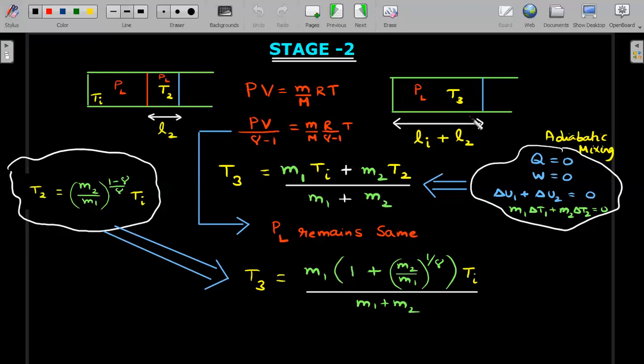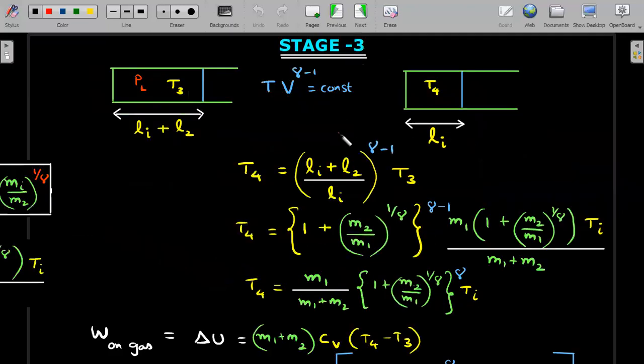Let's move to stage 3, where you start pushing this piston all over again to reach this red colored level, right? You have to hit the partition at that position. Now, the total gas, which is M1 plus M2, undergoes again adiabatic compression. So coming to the stage 3, this is the initial state, L1 plus L2, T3, and finally temperature should become T4. Okay, so I write TV power gamma minus 1 equal to constant for adiabatic process, either PV power gamma, or you can write this. Now I realize that I have ratios of volumes known, therefore I wrote this one. Okay, I don't even care about the final pressure, not read it.